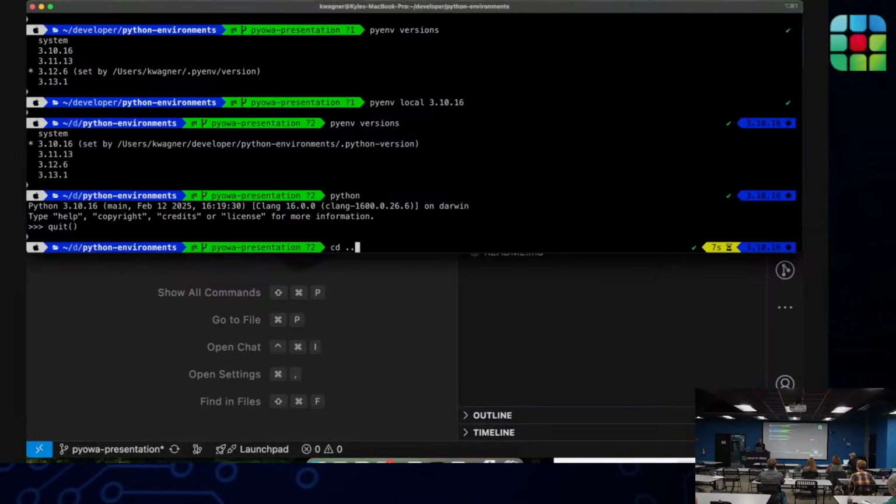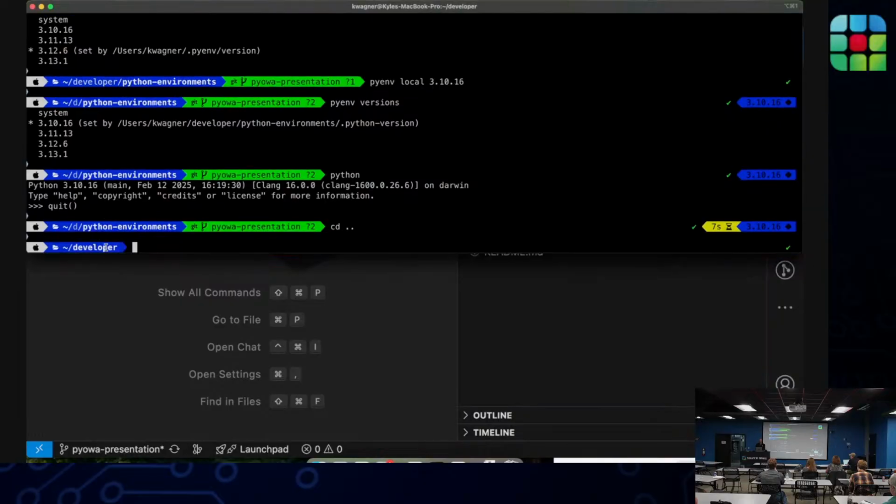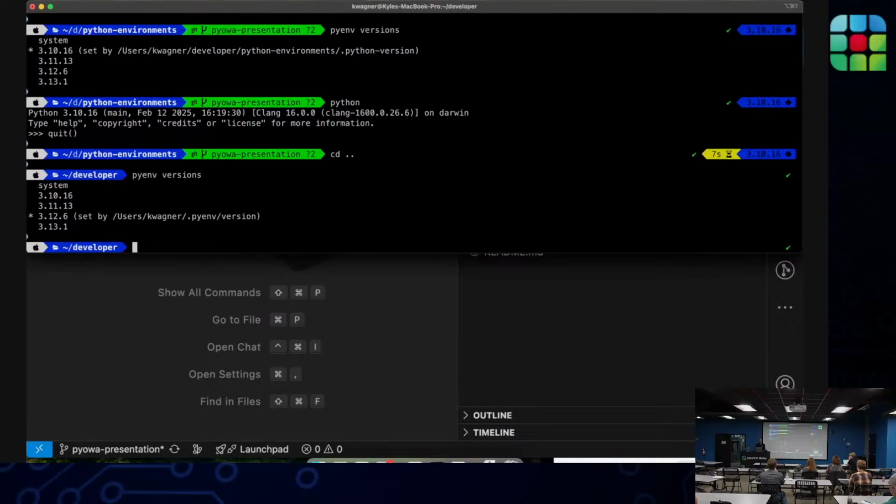If I go up a directory to my developer directory, and then I check Python versions here, we can see that it's pointing back to 3.12.6. So 3.12.6 is the global version that is set, and so in the developer directory, it's respecting that, using that from the global config.